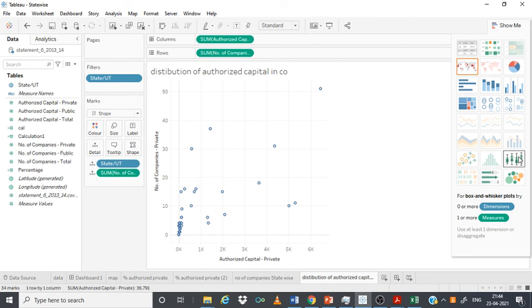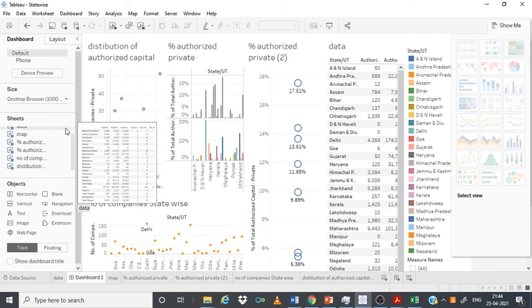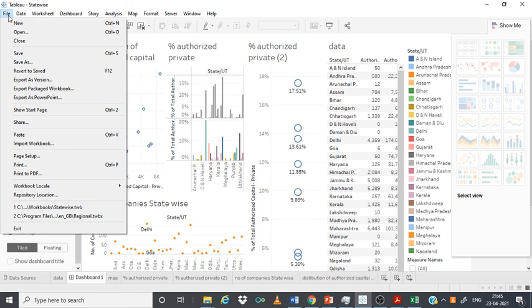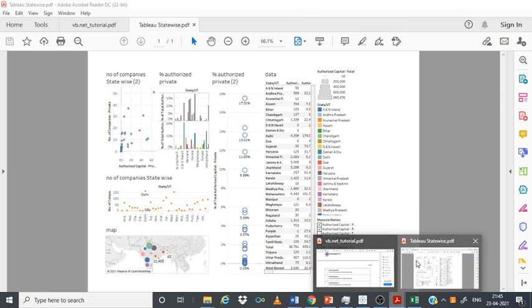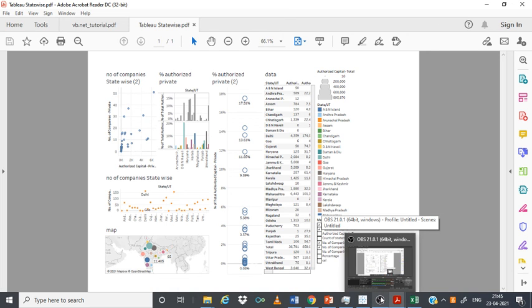Now finally we go on to the dashboard, and on the left hand side you can see the maps. I just have to drag and drop these maps, and when I drag and drop each of them, all the maps are reflected on one dashboard. This dashboard can then be exported or printed as PDF in a particular location to give you output which can be displayed here. So this is about the usage of Tableau.